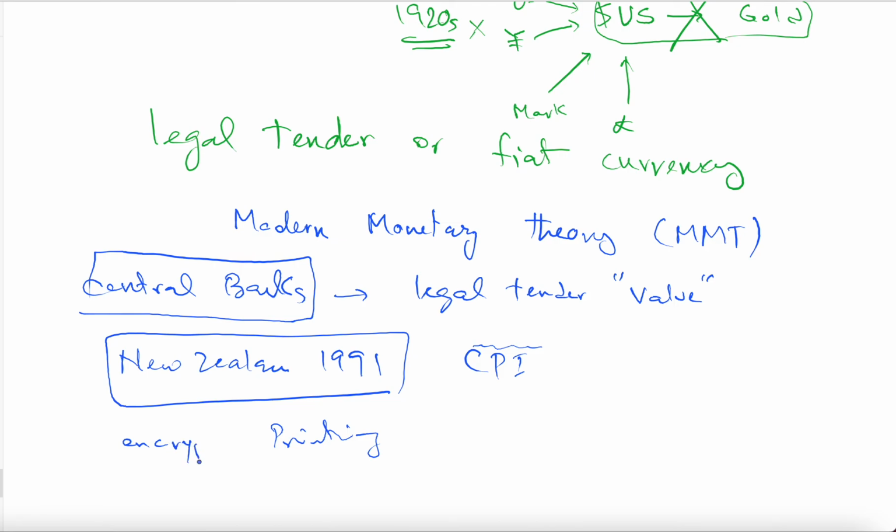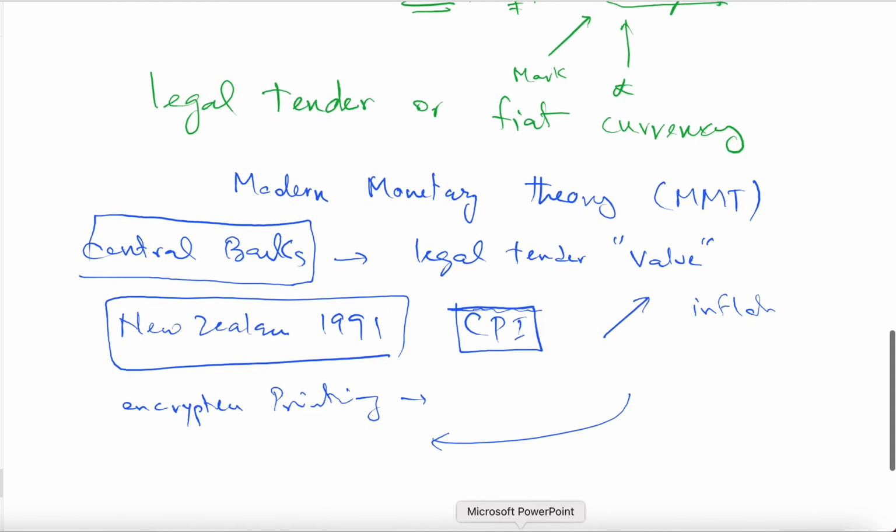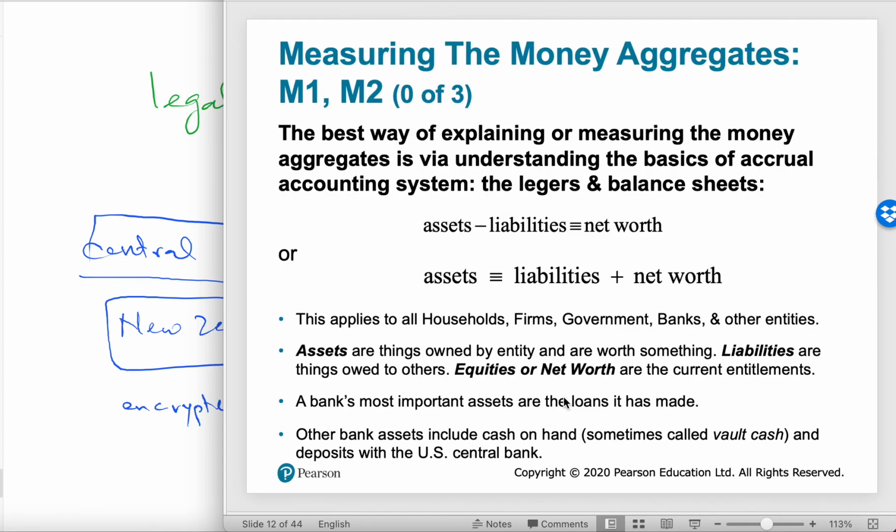This is done by the printing machines, which are in the control of the central bank, and their control variable is the CPI. If the CPI remains the same, they are printing new money. If the CPI starts jumping suddenly and causing inflation, they have to recollect the money from the hands of the people. And there are tools, which in this chapter we are going to talk about. Okay, let me stop it here, and we will go to the next learning objective. Thank you.